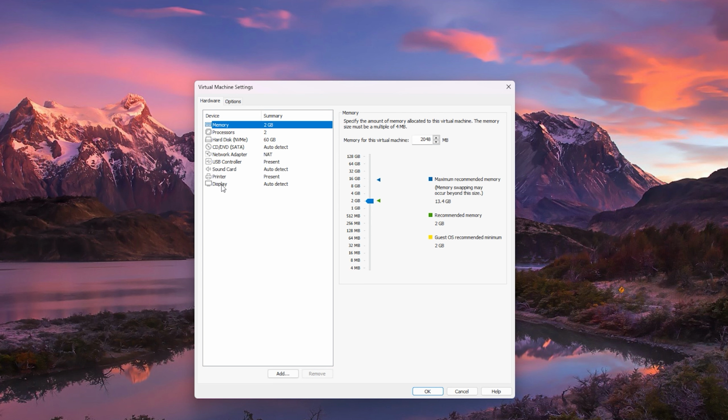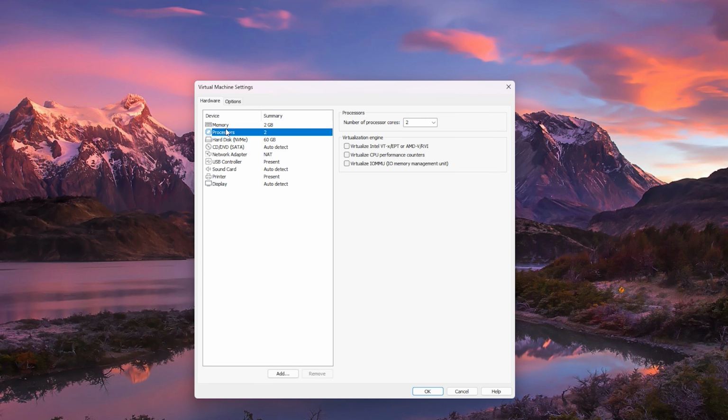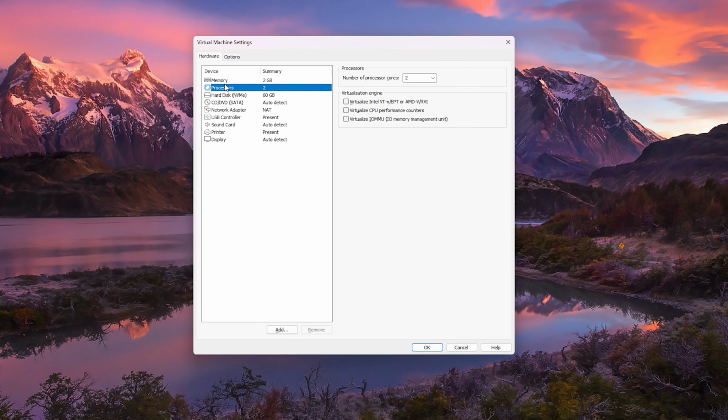But if you have not, then you need to edit virtual machine settings, and then there's some things you can play around with. If you have no idea what you're doing, I wouldn't really recommend playing around with this. Just a simple reason, because you don't know what you're doing. Now,